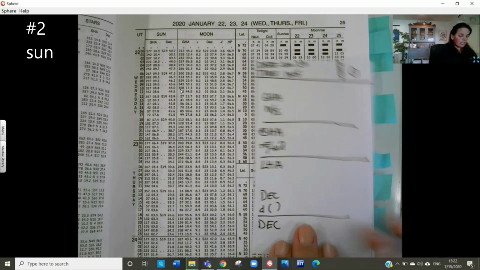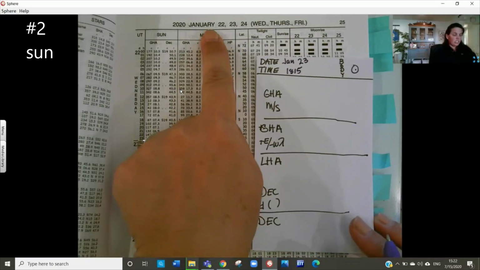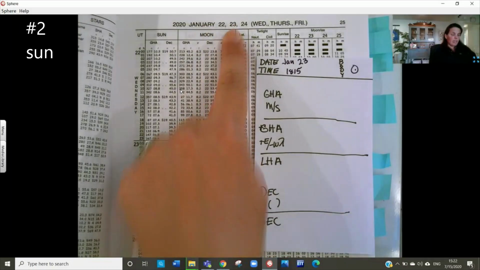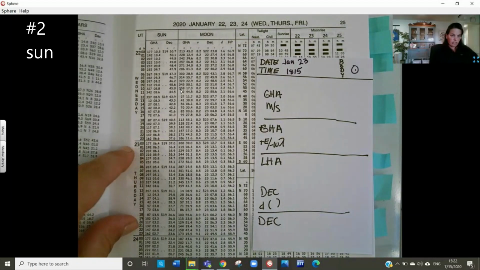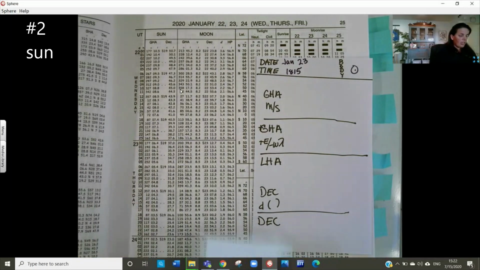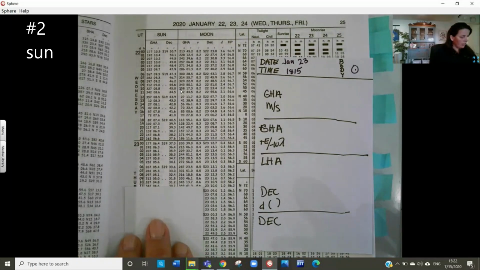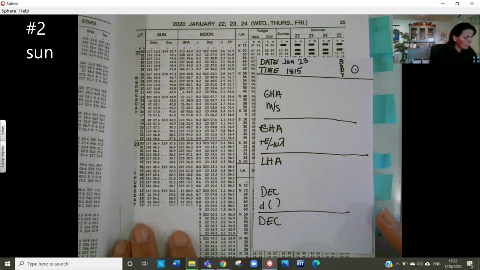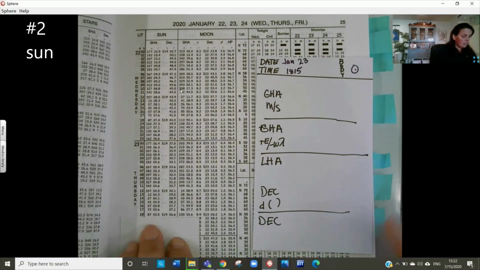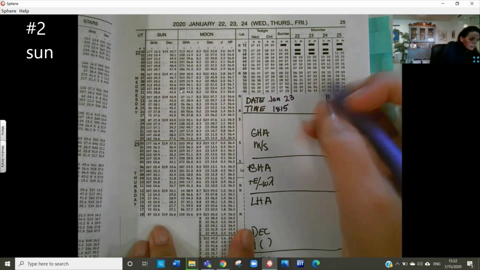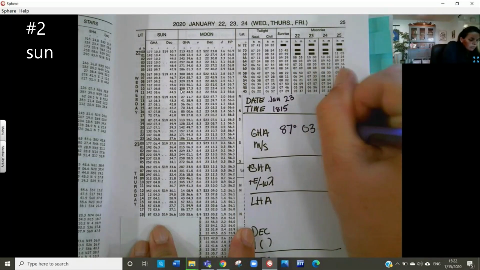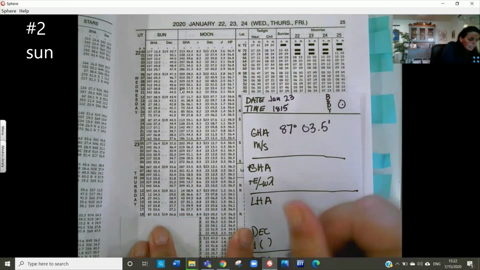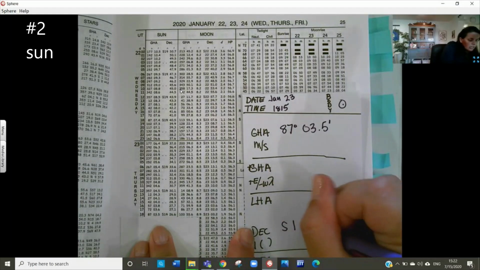So we need to find January 23rd, and this is the 23rd, the Thursday, and they told us the 1800 was GMT, so we're going to find 18. So here we have our 18, and we're going to write in those numbers, 7 degrees, 3.5 minutes, and then we have south, 9 degrees,